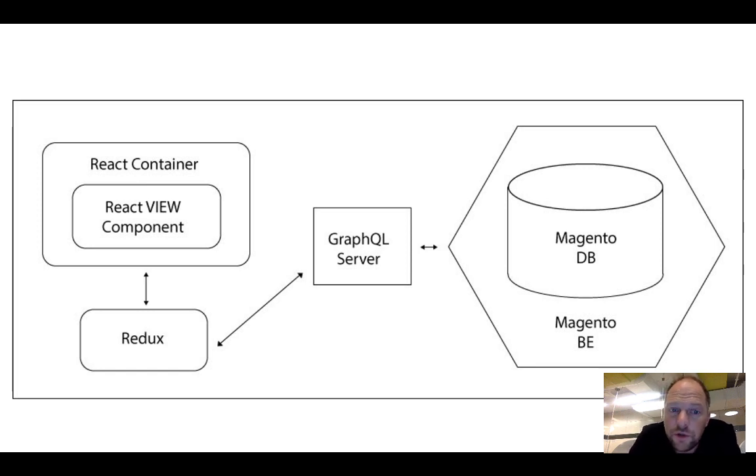GraphQL connects to the Magento DB. Then we manage received data in Redux. Our view components in React have some data that belongs to them, and it is requested by React containers through Redux. So these are the moving parts, and